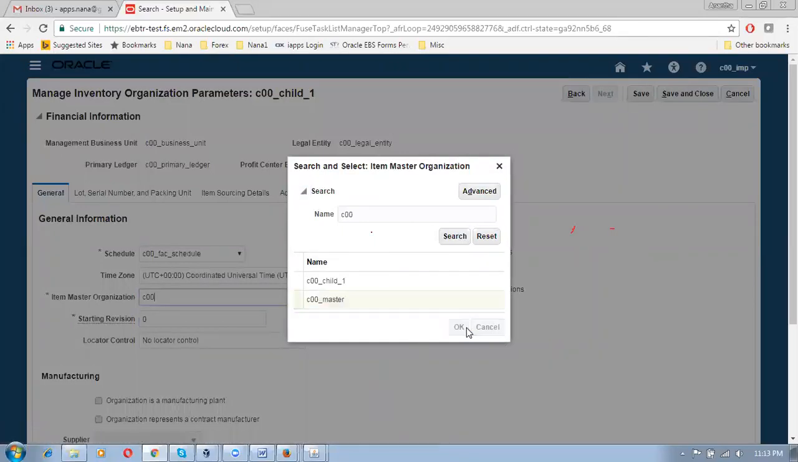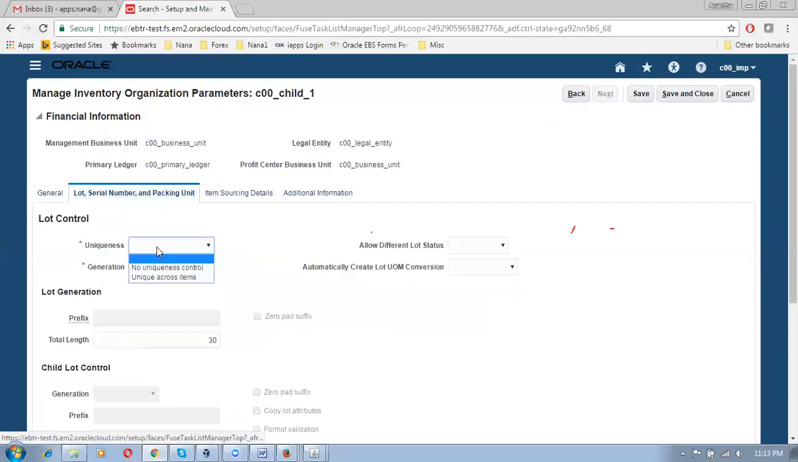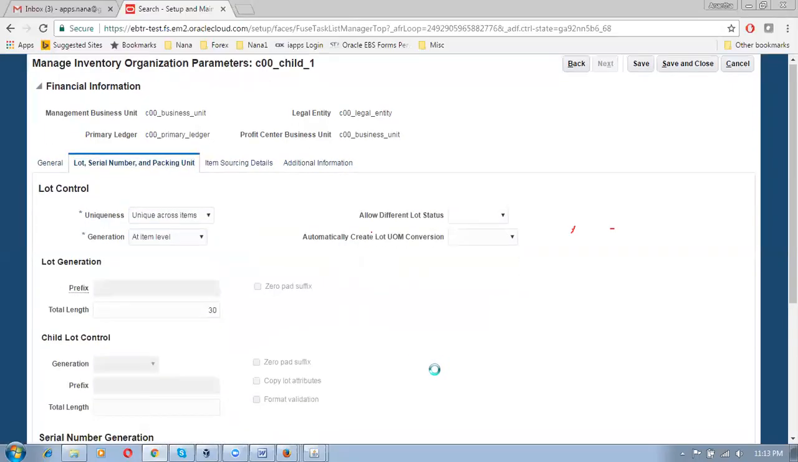Choose the master now. Locator control, determine the subinventory level. Fine. That is the subinventory level. Yeah, do it now. Fine. Go there. And then go to the next one. And then here, only two sets of settings now. Unique across items. And then here,